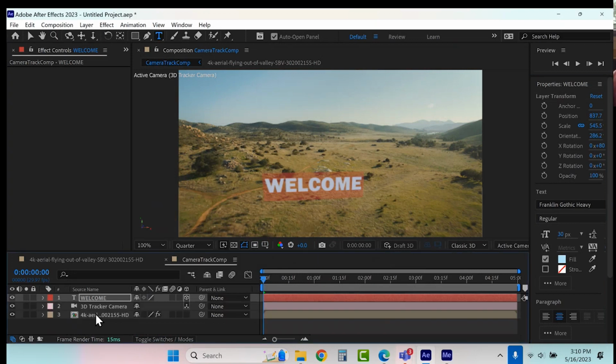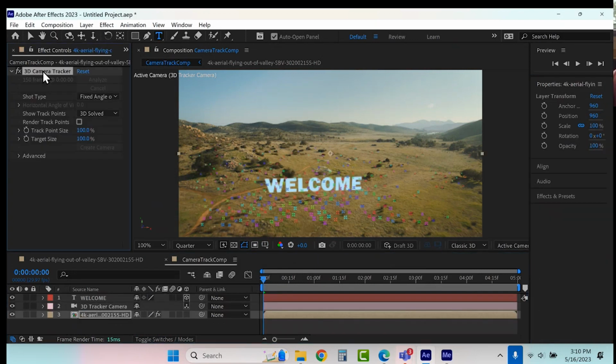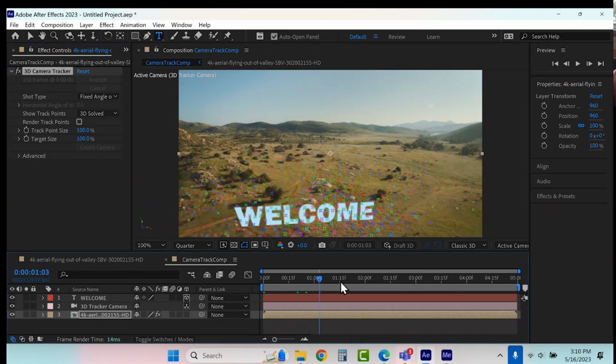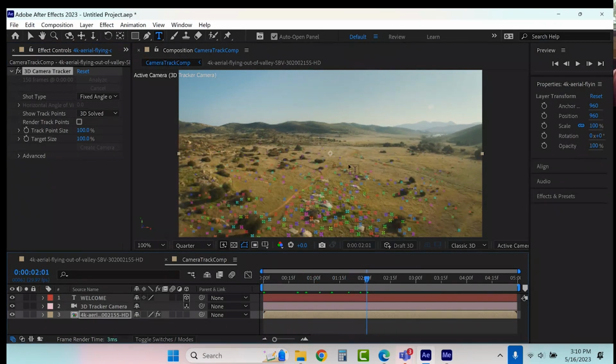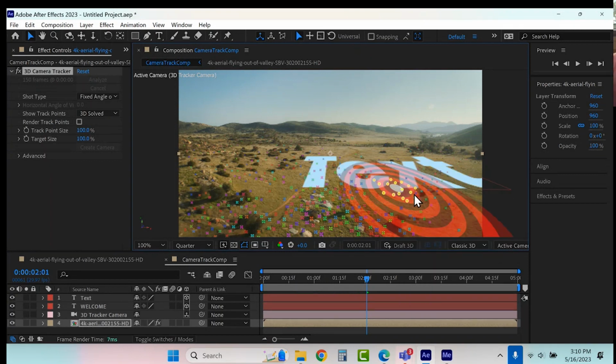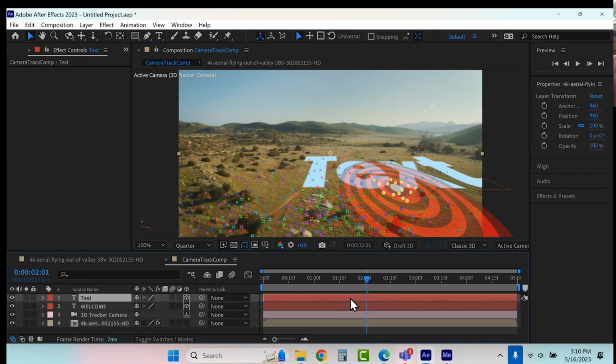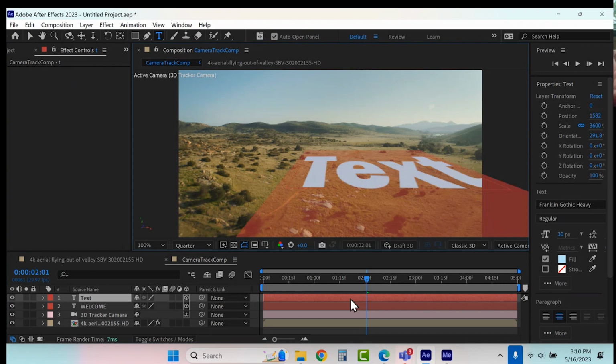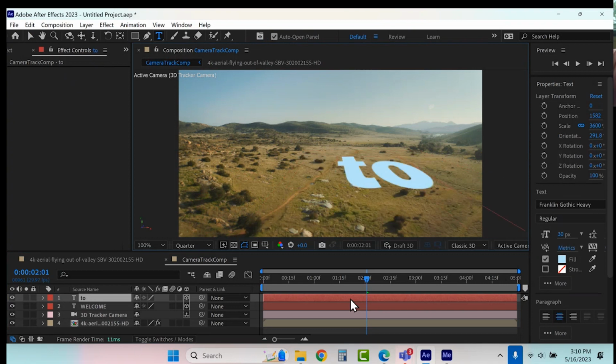Okay. Let's go back to our camera tracker. Okay, let that pass by, and let's grab some points over here somewhere. Just do a lasso. That gives me my thing, so I can say, hey, create text. Click.